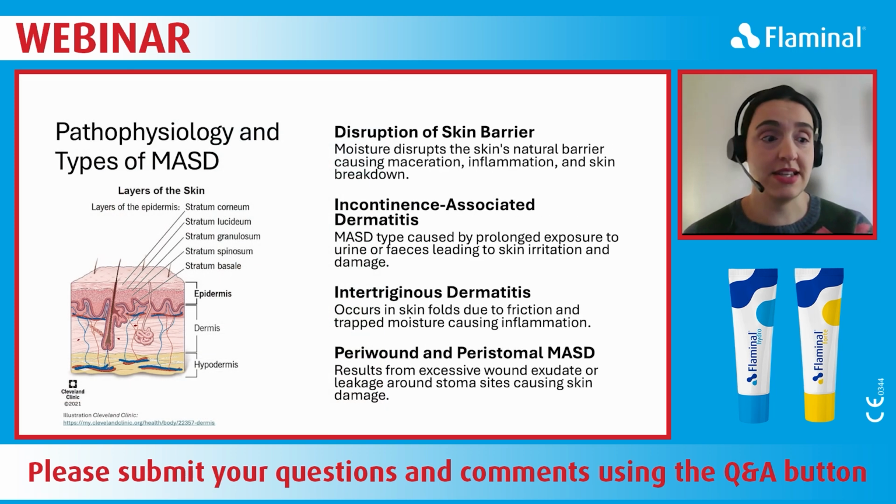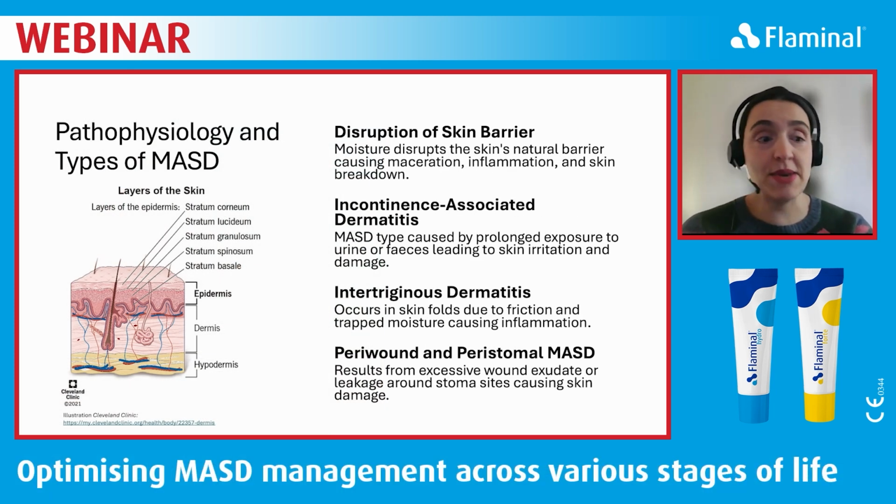So as I previously mentioned, MASD occurs when moisture disrupts the skin's natural barrier. So this can lead to maceration, inflammation, and eventual breakdown. And this condition can manifest in several forms, each associated with different sources of moisture. And there are 4 primary types of MASD, and they include